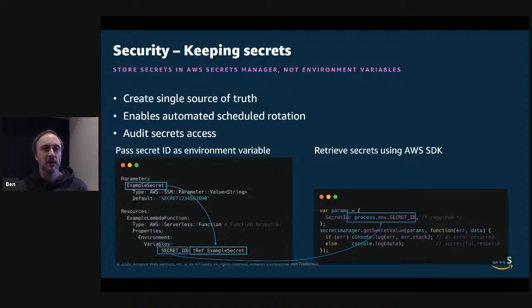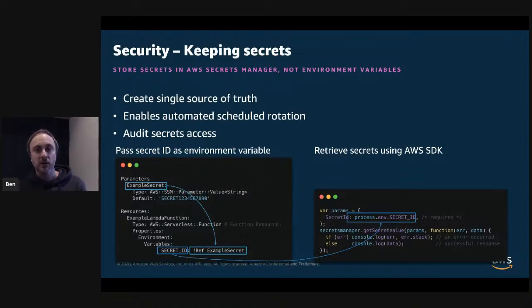You can do things like this. You can store API keys and secrets in something called AWS Secrets Manager. So that helps to also keep a single source of truth, which enables you to automate the rotation of these secrets. At that point, you don't ever need to know the value of that secret, right?